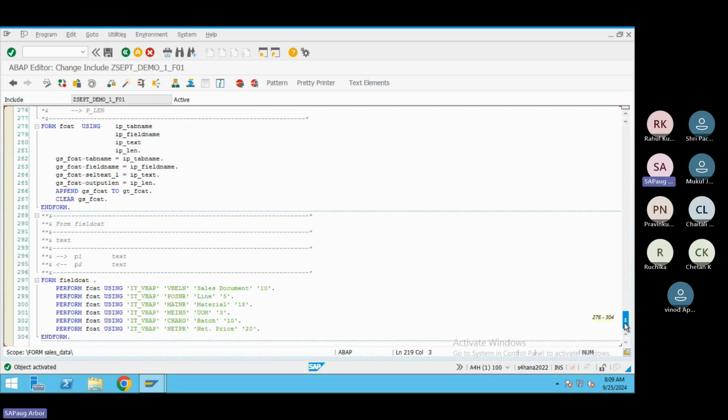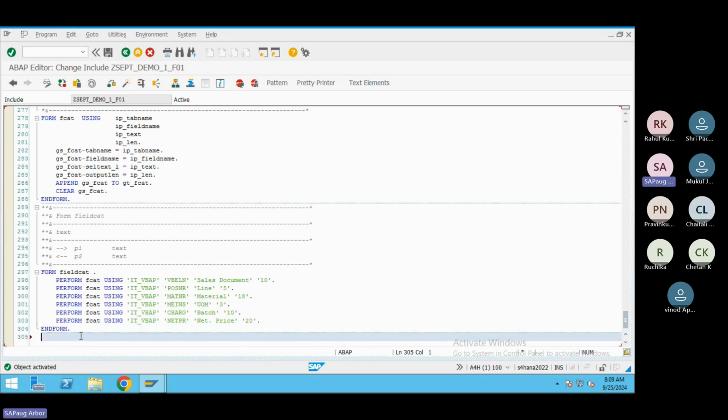So here I will manually write the subroutine form. Form, I specified the name user command. Then using